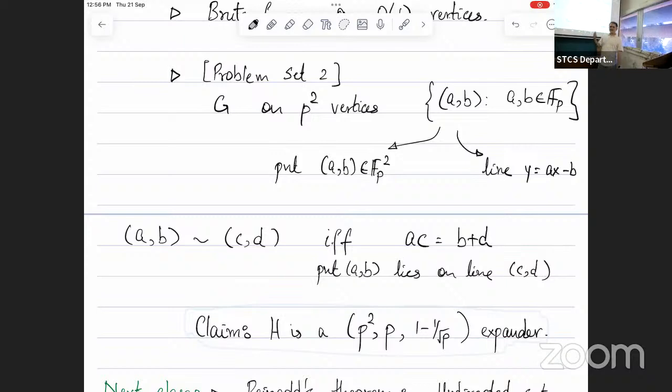But this proof is actually very nice. And this geometric view really helps a lot. And this is one of the things we'll see in the problems. Okay, so this gives a complete construction, like fully